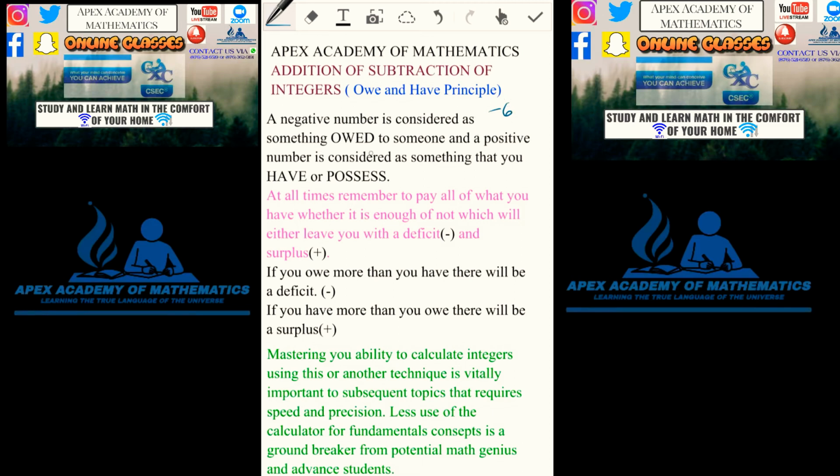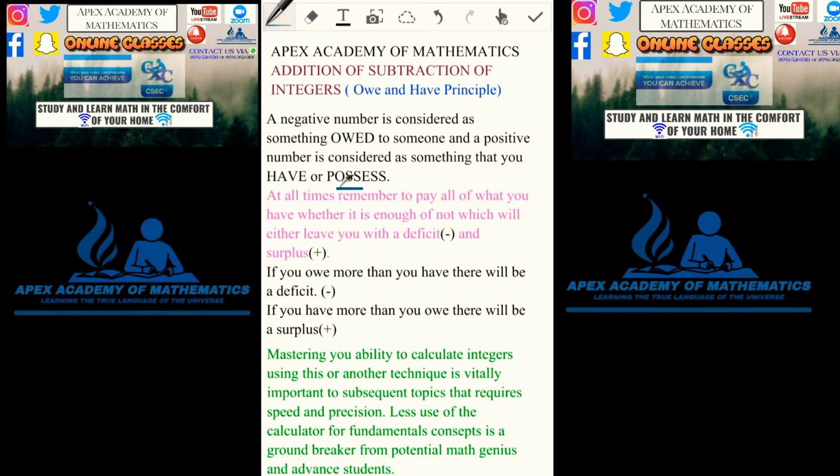And a positive number is considered as something that you have or you possess. It's something that belongs to you. So for example, the number 12 means I have $12, or you may see +12, it means I have $12, or I have 12 sweets, or I have 12 mangoes, but it belongs to you, you possess it. Okay, so negative is what you owe, positive is what you have. All right, and that explains this information here written in black. All right, now with that said,